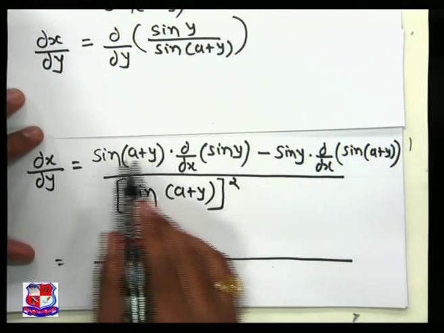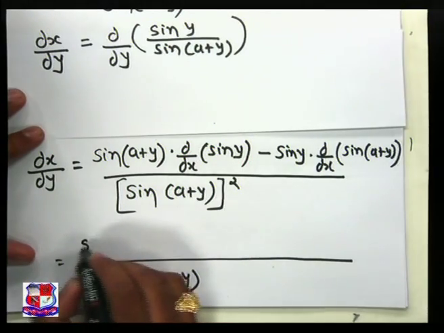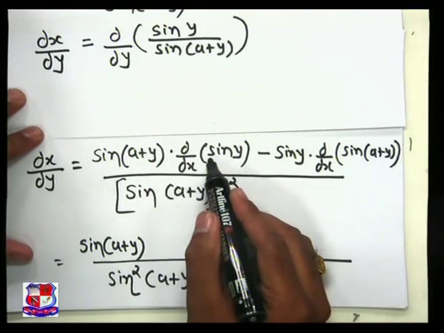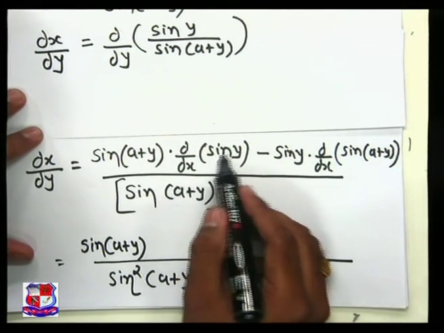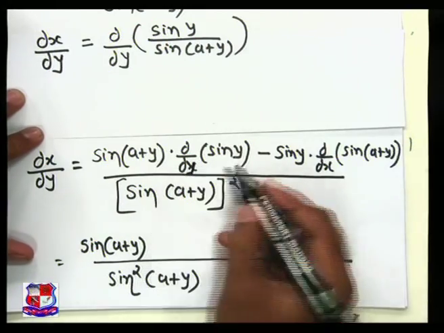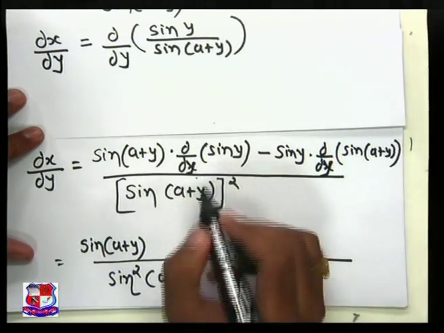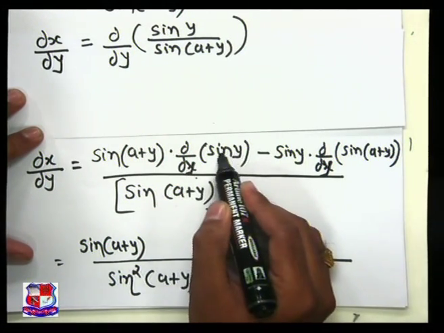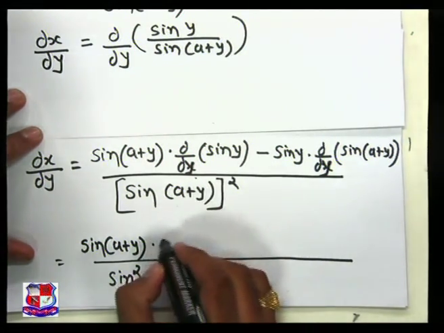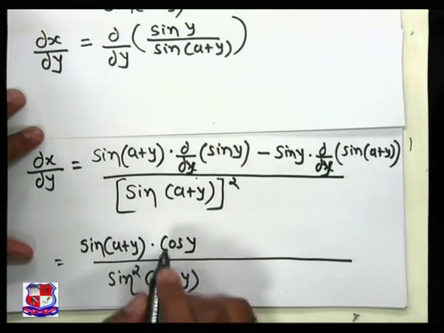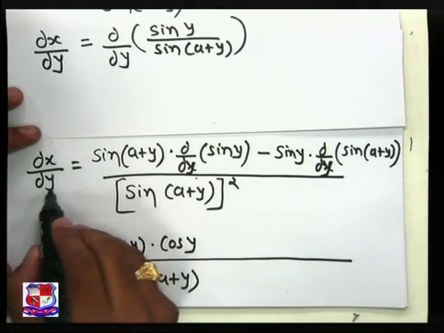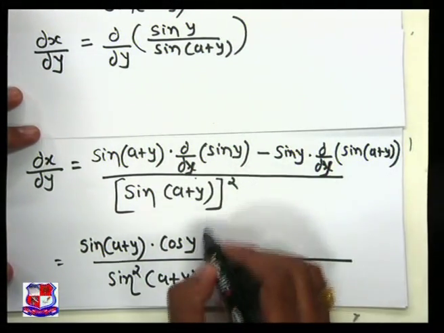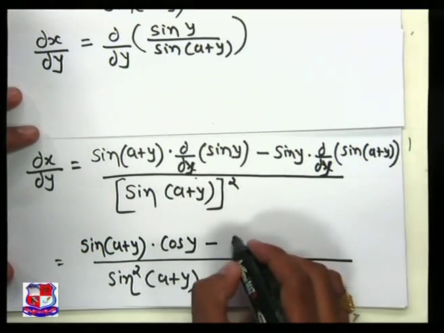Now write sin(a + y), and we want to find the differentiation of sin y with respect to y. So write dx/dy. The differentiation of sin y with respect to y is cos y, so multiply with cos y, because we want to find the differentiation with respect to y. So write dx/dy = minus sin y as it is,